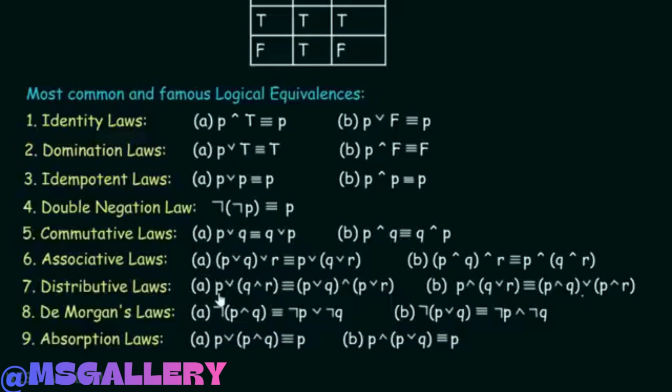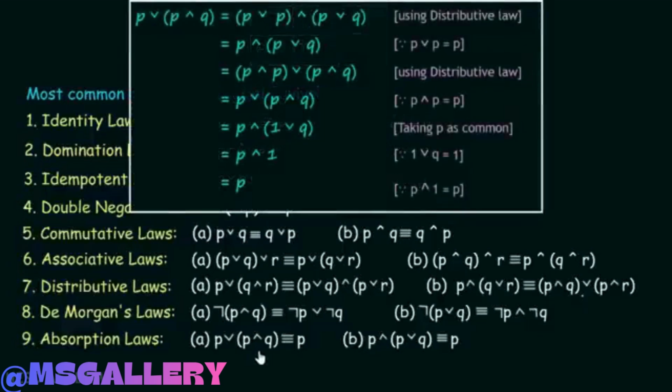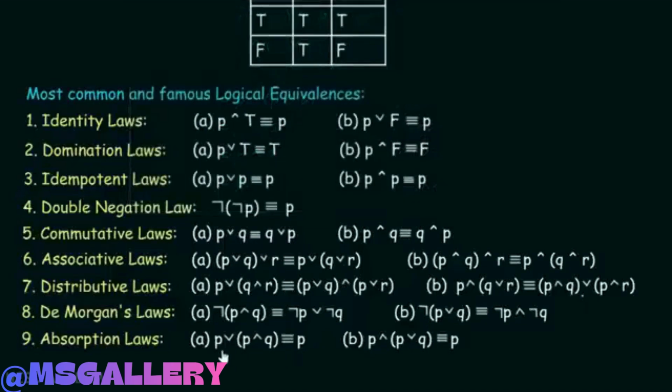Here in case of distributive laws, we are having three propositions P, Q and R. But in case of absorption laws, we are having only two propositions P and Q. This is the only difference. Now if we try to solve this with the help of distributive laws, we will have. Obviously, we can check this with the help of a truth table also,